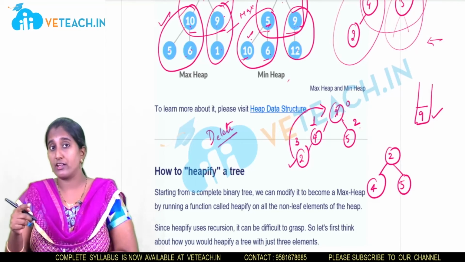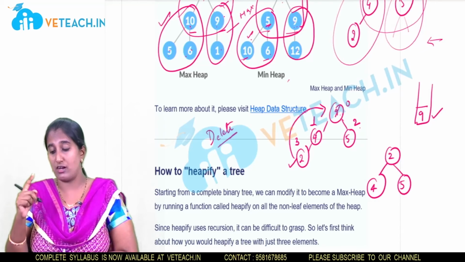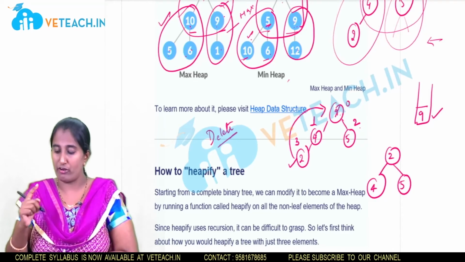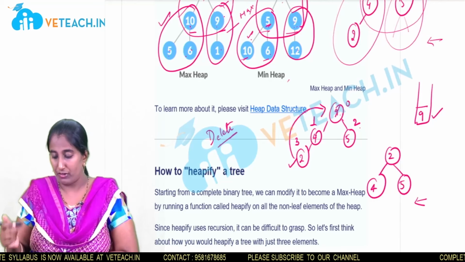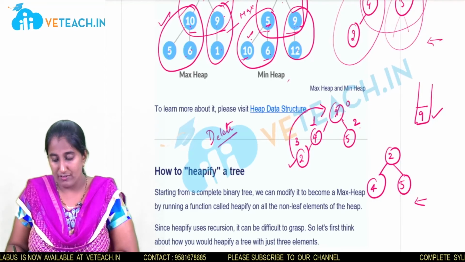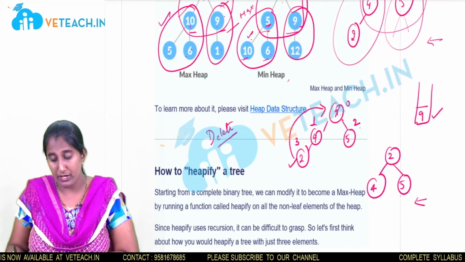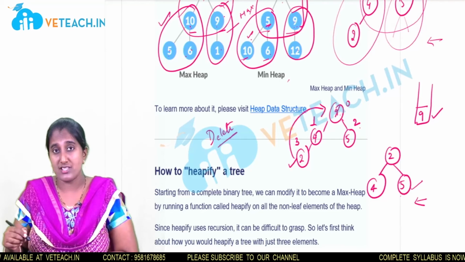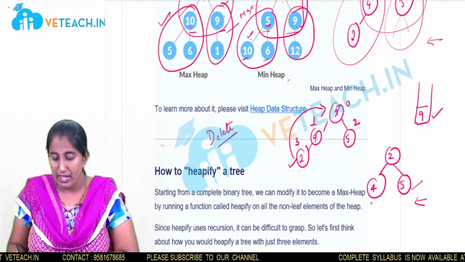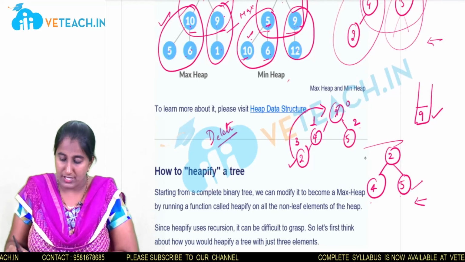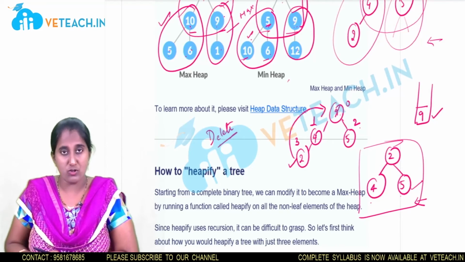Again, you need to check whether the tree is satisfying the heap property or not. Now let us check what I said. You have to check from the bottom. Okay, is 5 satisfying the heap property or not? Yes. Here I am considering the max heap. Okay, you can consider min heap also. Again, this is also in the max heap.